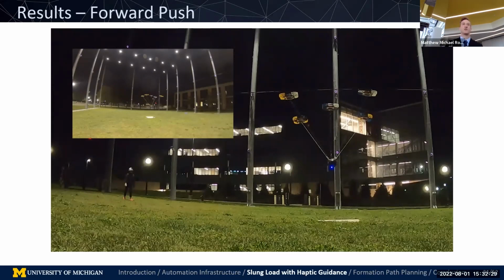In the bottom left, there's going to be an overlay plot that's going to show a red dot with the set point of the payload in position, a dotted black circle that will show the activation threshold for the force, and a black arrow that's going to show what the estimate of the force is, as well as a geofence boundary on the outside. Once it reaches that geofence boundary, it's no longer going to accept input.